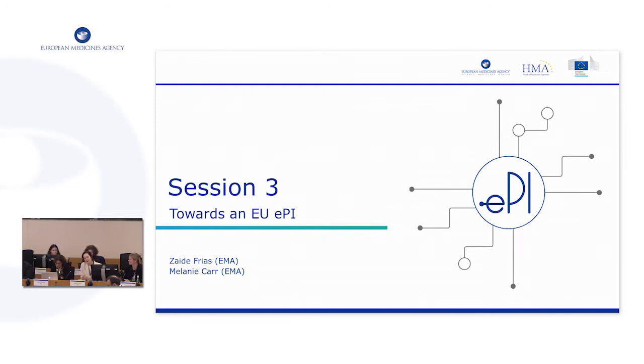Now, the last session is really focusing on what we said at the outset. One of the key deliverables of this workshop will be broad agreement on key principles for electronic product information. You will all have received a written draft of those, and part of this session will be walking you through the 10 key principles that have been pulled together over the last 12 months.